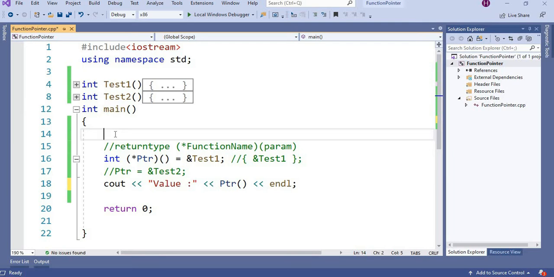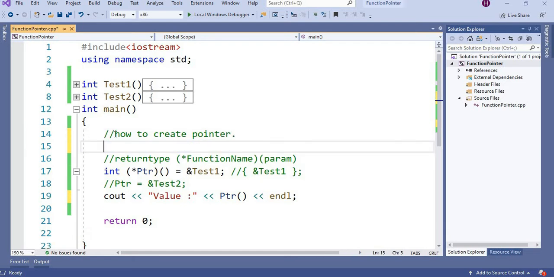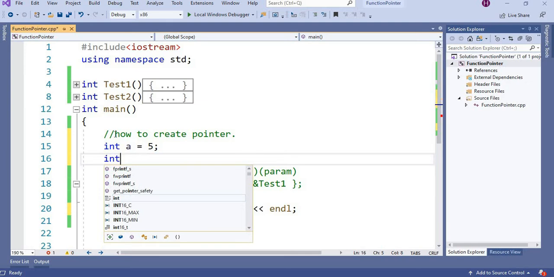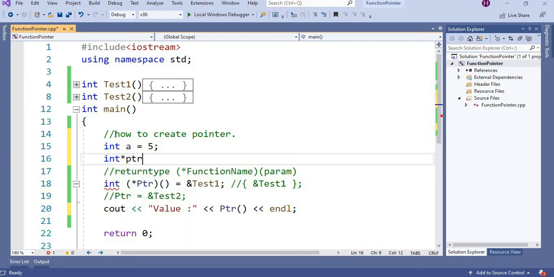So let's see how to create one: int a equal to 5 and int *ptr equal to address of a. You can see pointer variable ptr is pointing to some valid address.